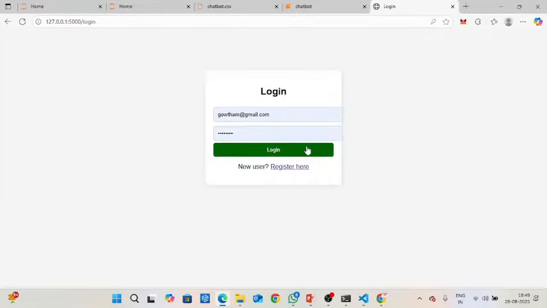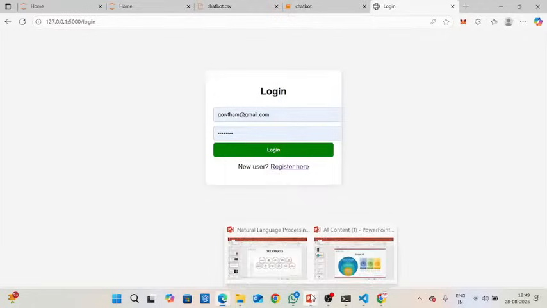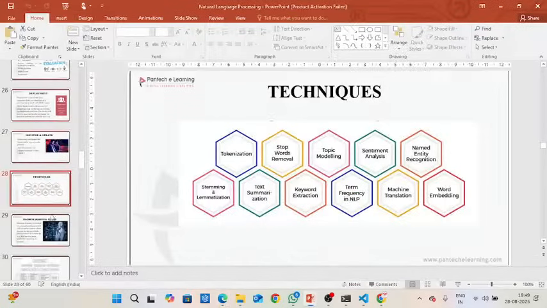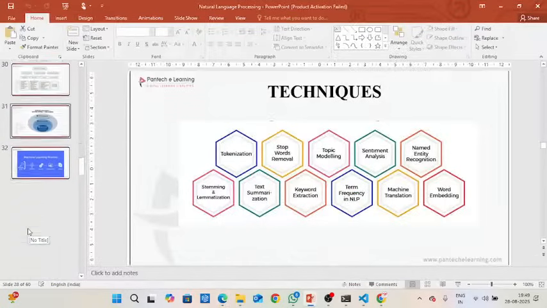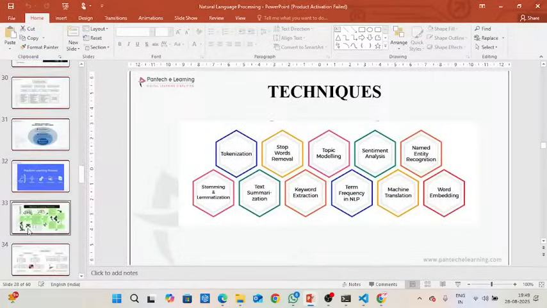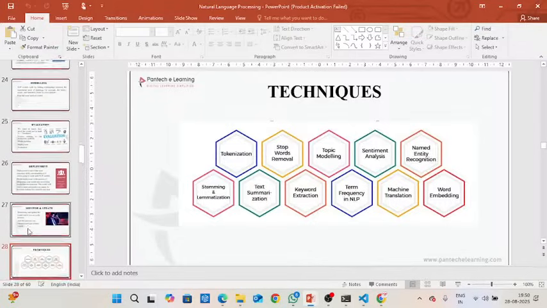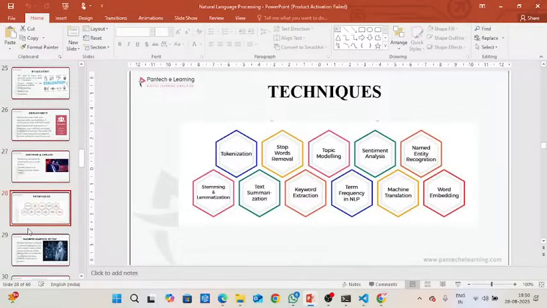Now we have seen that it was a basic NLP concept. We are not using any machine learning concept inside that. It was a basic one, so machine learning is not required for that. If we add machine learning, it will become more powerful. So first we need to learn about machine learning. We just saw basic information about NLP and how it happens. Now we will add some machine learning concepts also. First we need to know about machine learning. After that, we will add machine learning to that NLP.